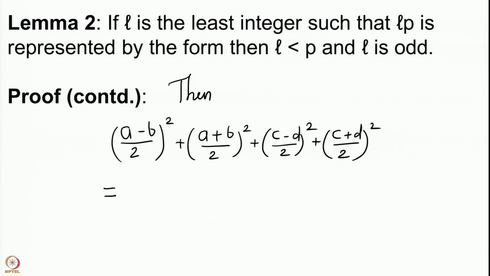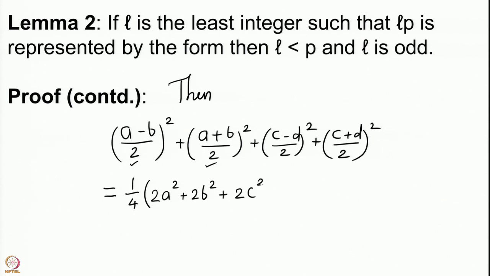So, we sum these up. Here we get, let us take the 1/2 squared common, which will come on the outside, and we have (a minus b) whole squared plus (a plus b) whole squared. This will give us a square, this gives us a square. So, you have 2a square plus 2b square, and the minus 2ab that you get here will get cancelled with the plus 2ab that you get here.